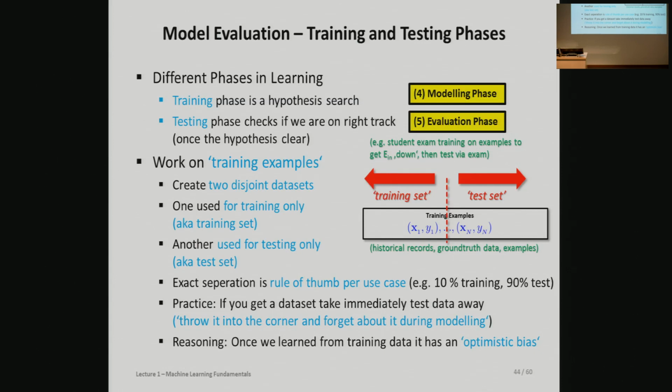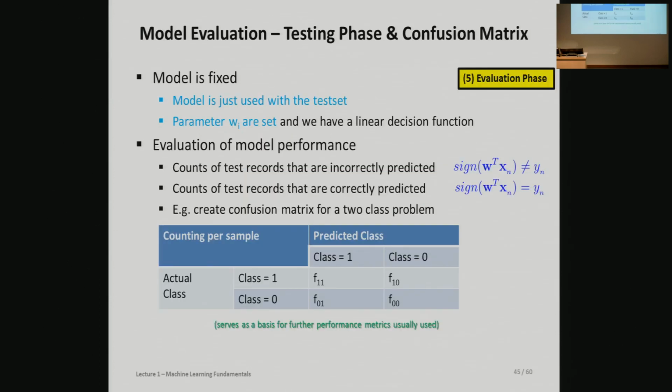So this is important for you when you are in this modeling phase and data preparation, finishing that with training and test sets. And then we have the question: now I have this test set, I have it in the corner, I have done my modeling. All of that is now done. We have trained the model, we have done all the iterations in the Perceptron, we have our model, and now we look in the corner and we get our data back, which was unseen so far, not used for any decisions in the modeling, just now used for testing.